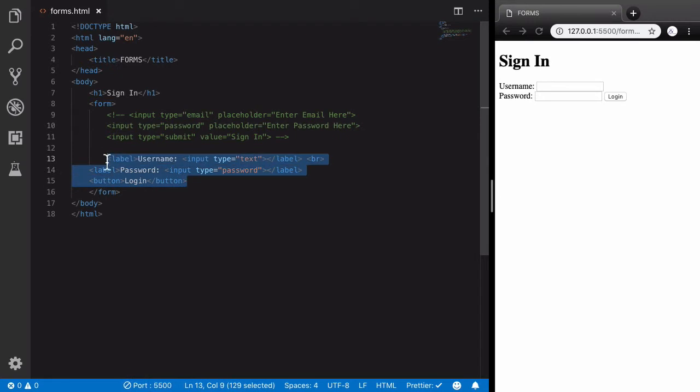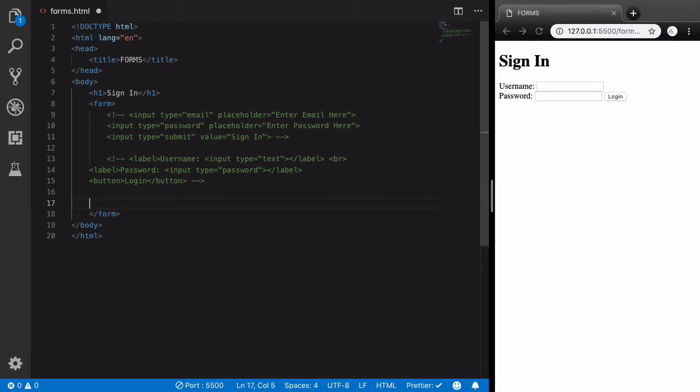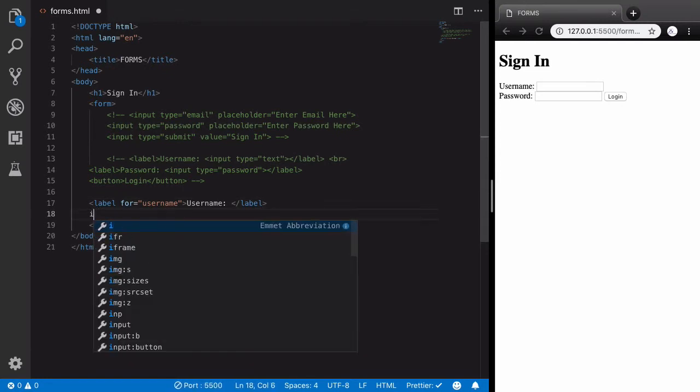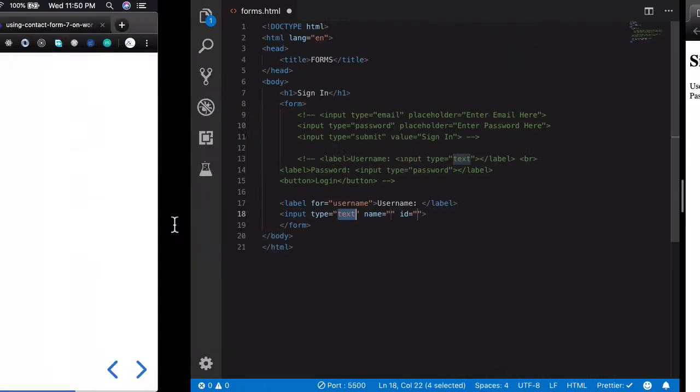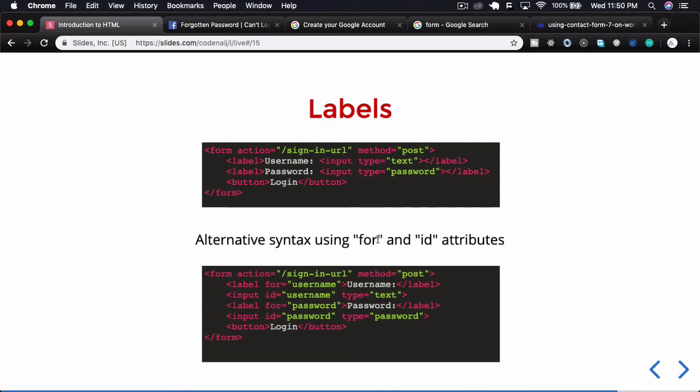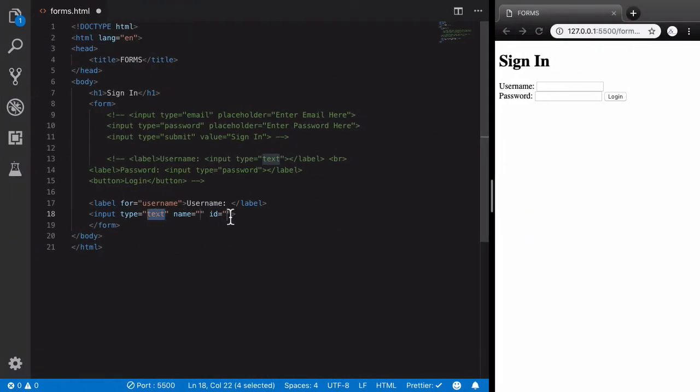So let me just put this here so you can see. I'll comment this out as well, but then I'll show you the common practice or the best practice lots of people use. I'll start with label, and then we give the name. What do we want this to be for? username. And then we are going to write username here. So then when we come to the input now, there is another additional thing we will need to add. If we're using this for, which is for the label, we need to pass in an ID, because both of them have to correspond. Whatever you're passing in this for has to be the same in the ID. So in this case we're going to use username as well,